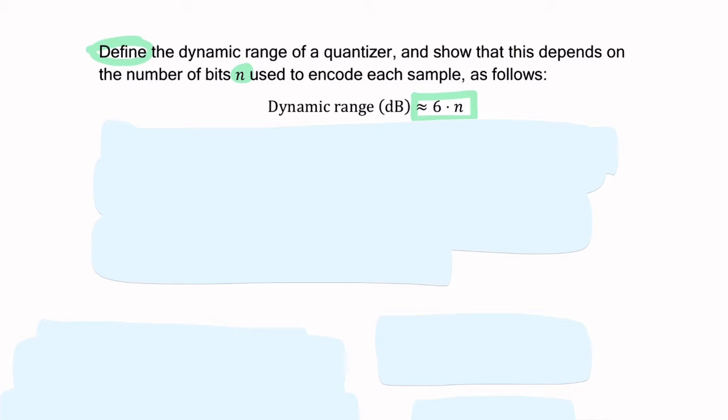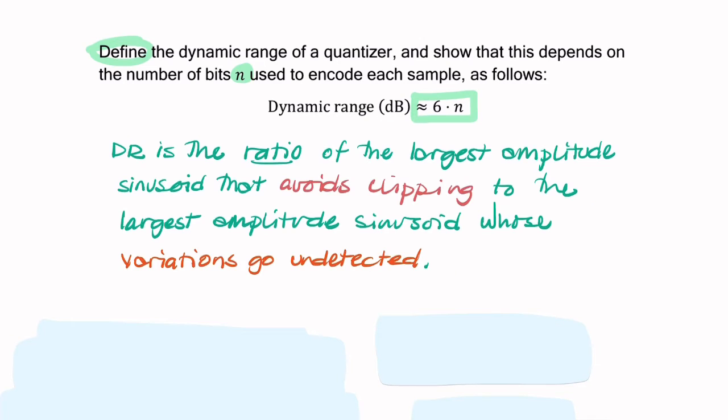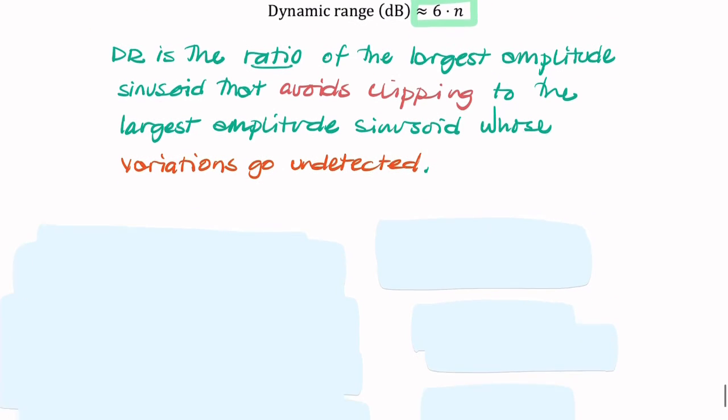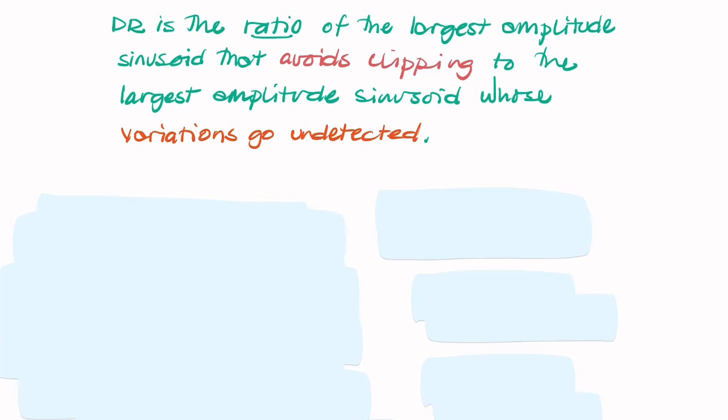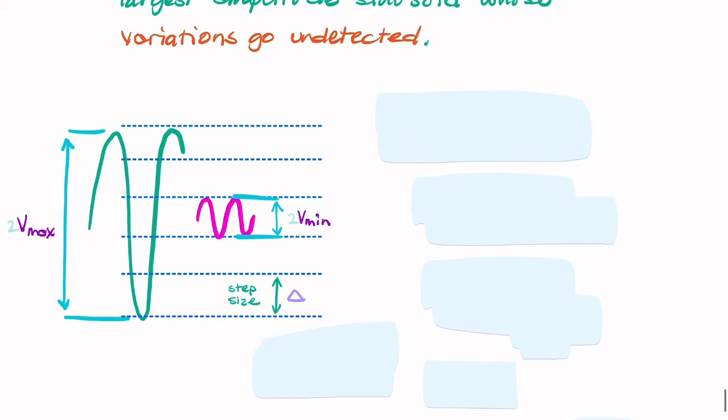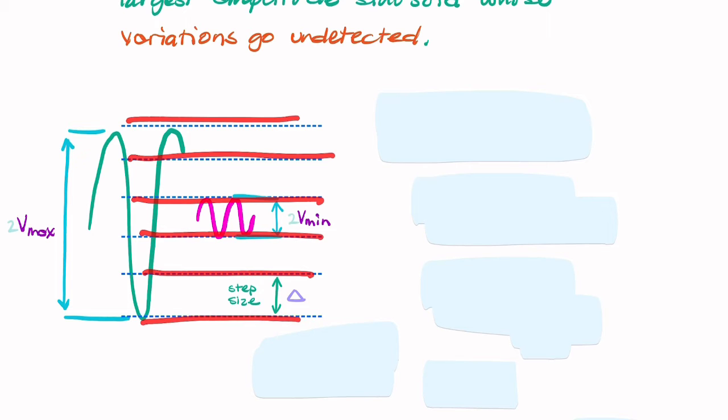Now, the dynamic range is actually a ratio. It's a ratio of two amplitudes: the largest amplitude that will avoid clipping and the smallest amplitude whose variations will be undetected by the quantizer. So if you imagine a quantizer with these levels here,